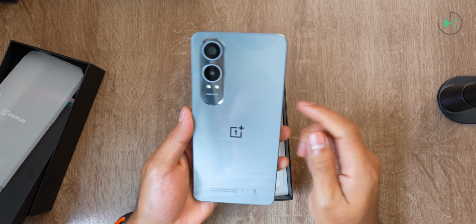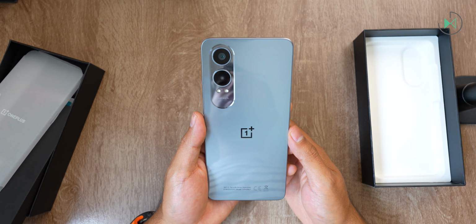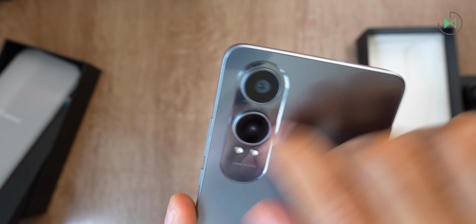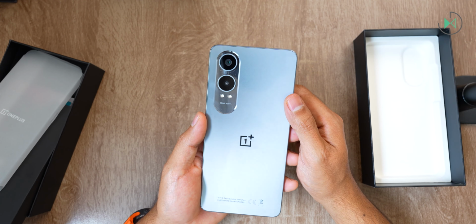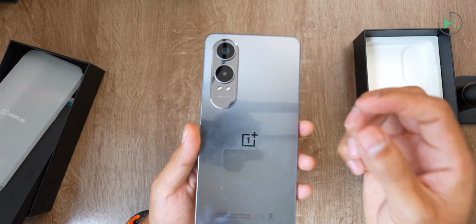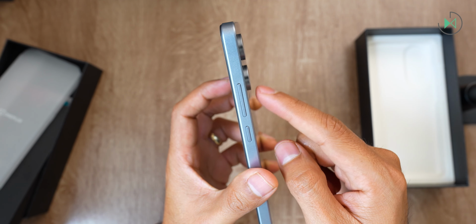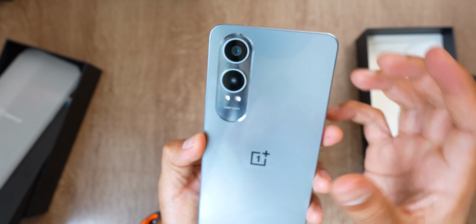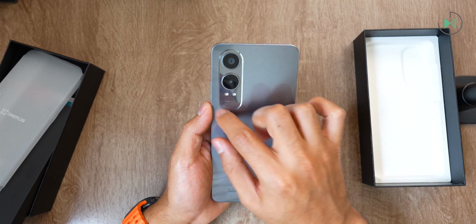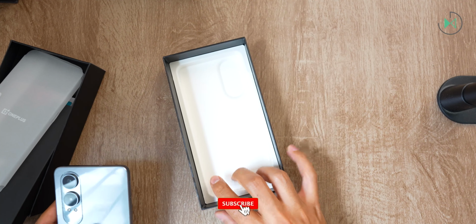And now we are straight into the device, which oddly enough reminds me a lot of Sony designs, although it's been a long time since I've tried a Sony, but it looks very similar. In fact, something that I also find very curious is that this camera module gives the feeling of having some relief, but then when you realize it is actually completely smooth, only the two circles protrude, so it is an interesting design in that aspect, betting on a minimalist design, but with this little touch I think it gives it some originality. So that's all that's in the box, so let's focus squarely on the cell phone